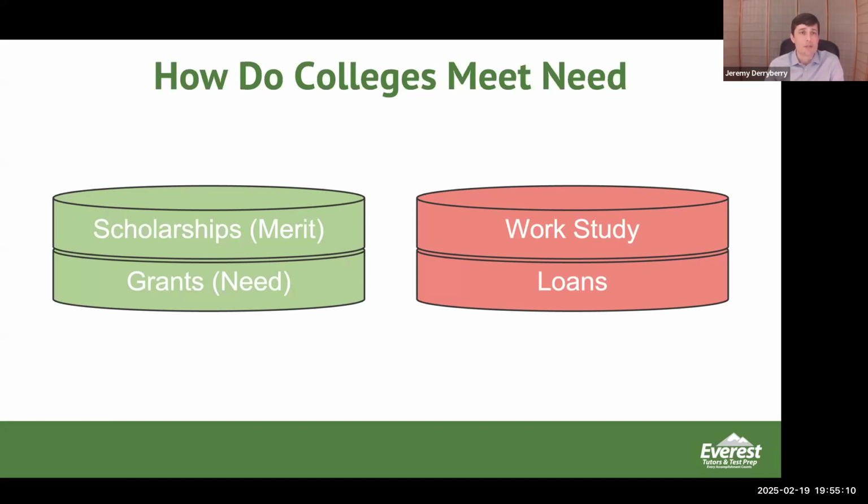And this could be, let's say, for large state schools, a lot of them will have something like a matrix that says if you have a certain GPA, a certain test score, and certain other metrics, they're going to give you X amount of money for merit aid. Other schools will be completely case by case dependent.